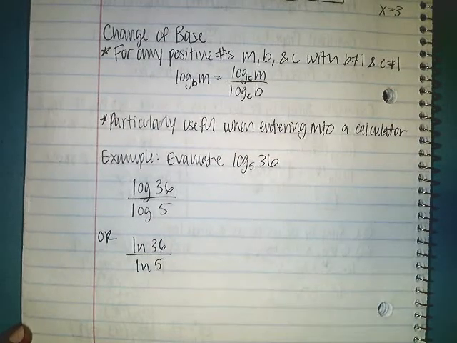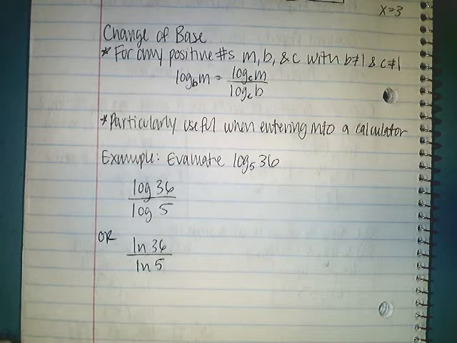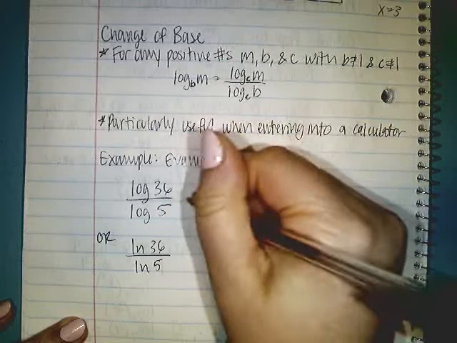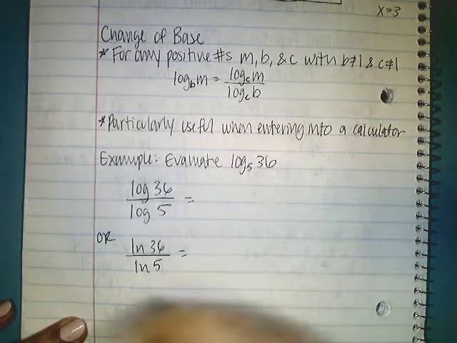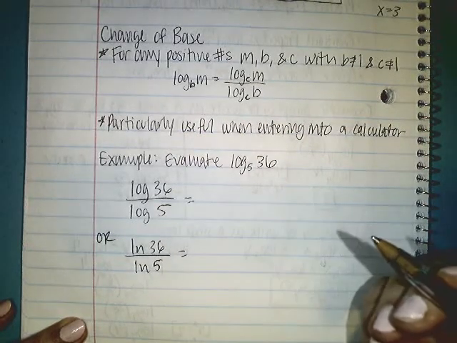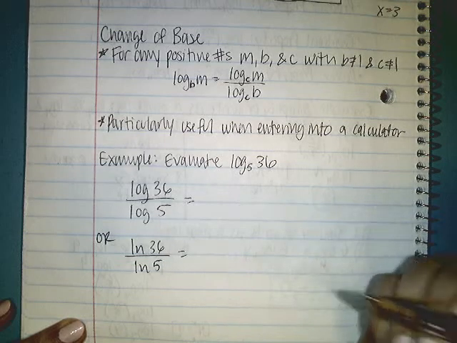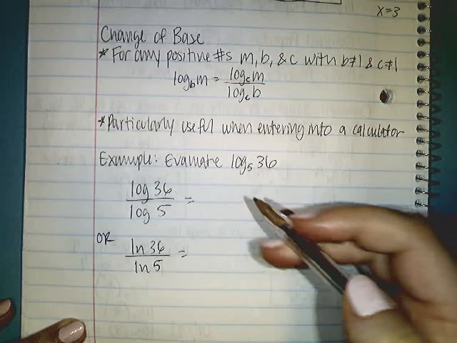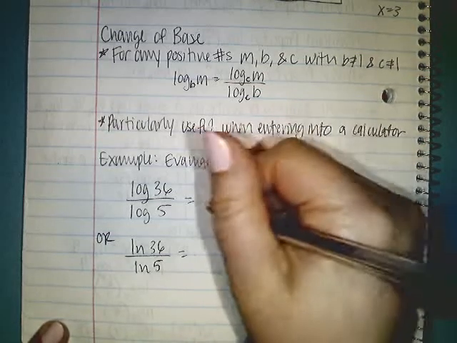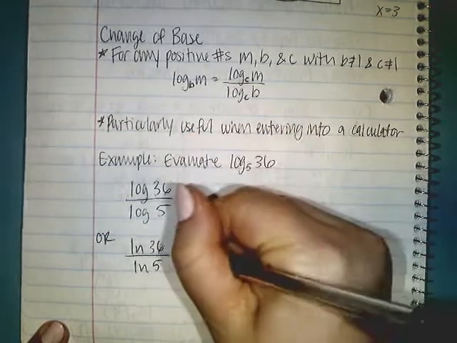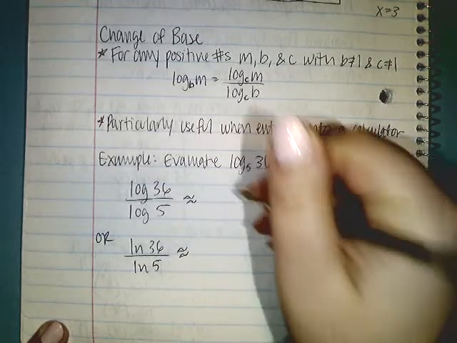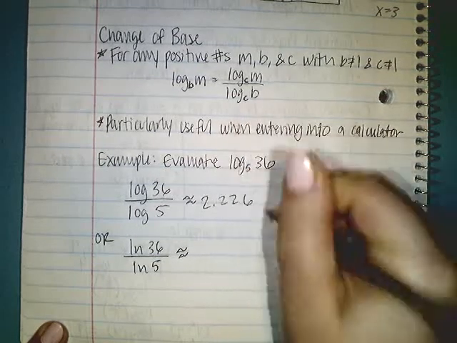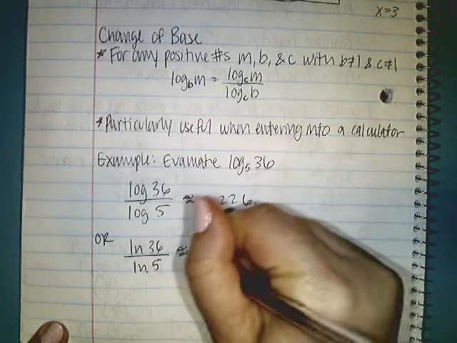You could do log base 8, log base 5, log base 3. It doesn't actually matter because the change of base formula works. These two will be helpful when plugged into a calculator. Other bases won't be so helpful. But I can evaluate this on its own once I plug it in, and in either method I'm going to get the same thing. So I can't show you on the calculator right now, but it's approximately 2.266 or 6 continuing,